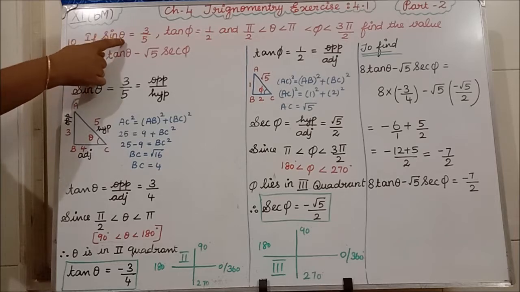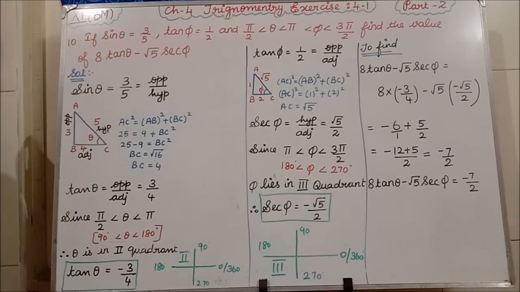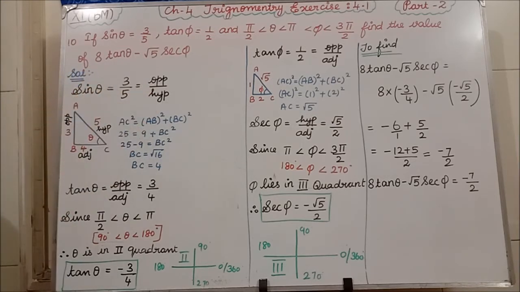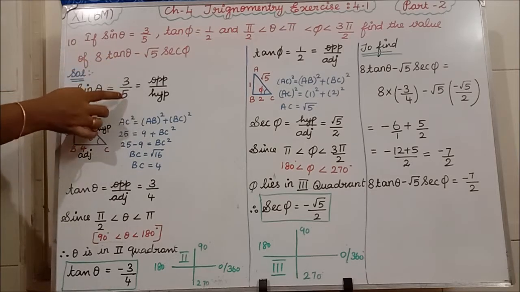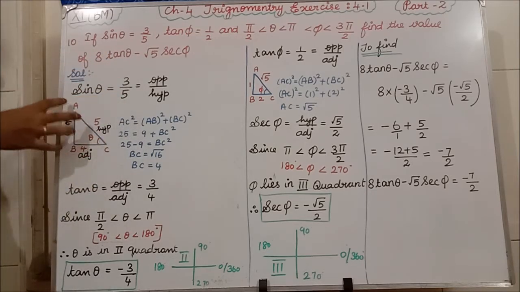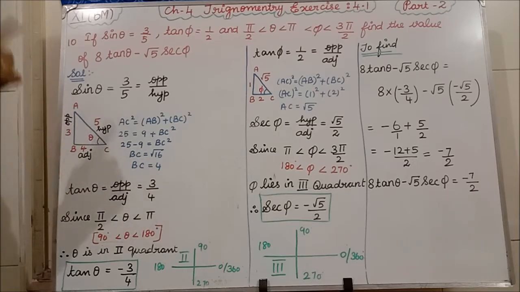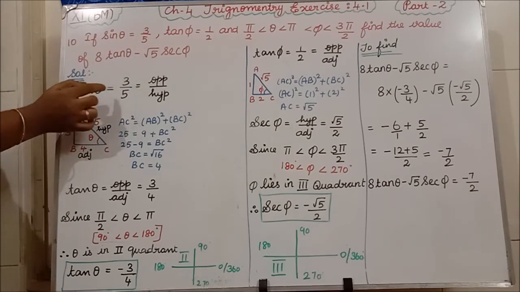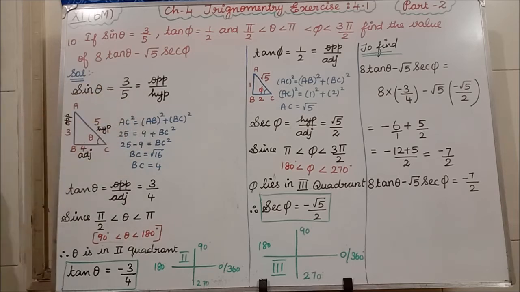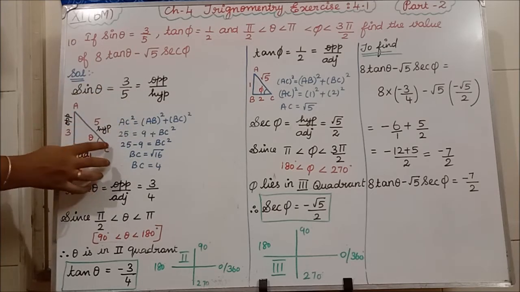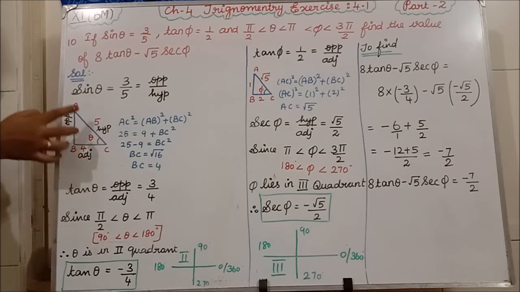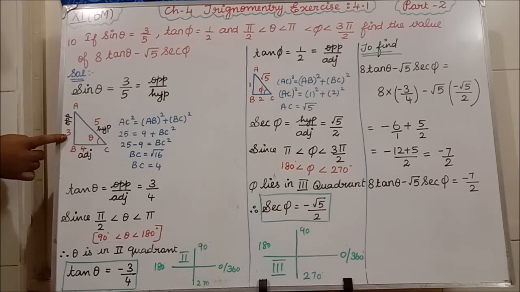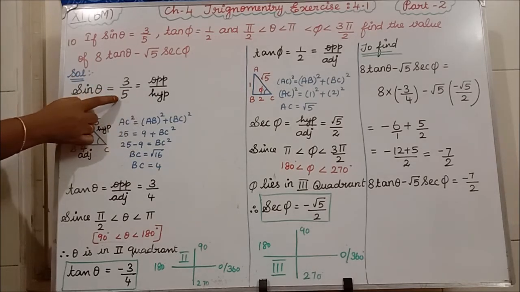So what have they given? Sin theta equal to 3 by 5 they have given. In 10th standard you have learned sin theta means what is the formula? Opposite by hypotenuse. Here they have given two values only. In a right angle triangle we will be having three values, isn't it? So one more value, how can we find? So I myself draw a 90-degree triangle. Here theta is there. This is the opposite side. So for the opposite side what value are we having? 3. So I have written 3. For the hypotenuse side, what value are we having? 5.